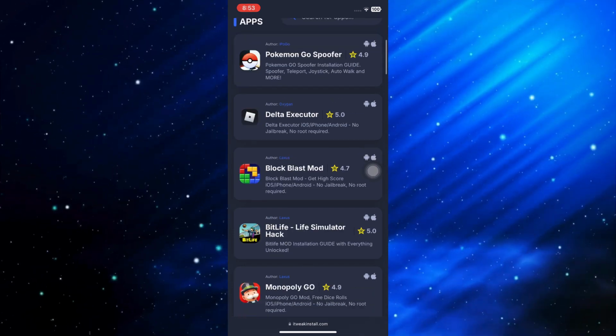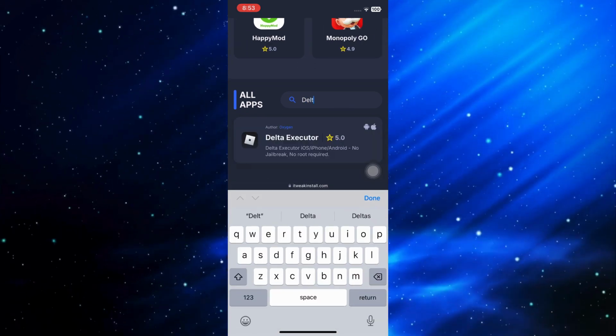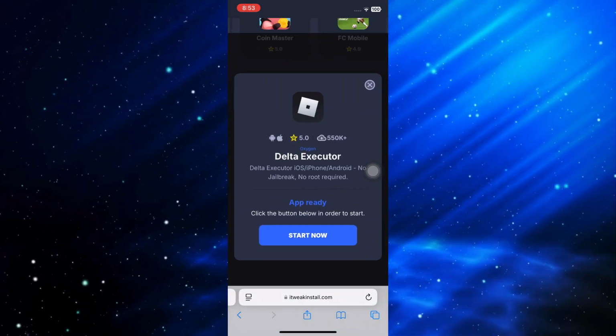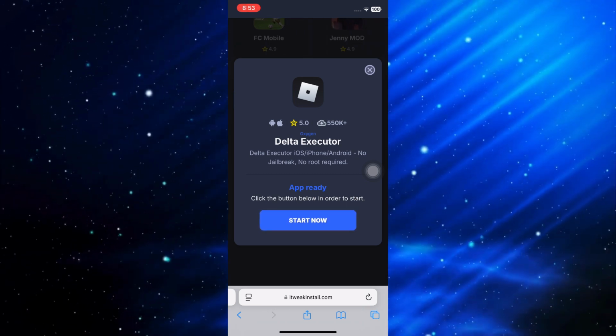If you cannot go ahead and see it right here, you can just go ahead and search on it and you will go ahead and see it show up. So just click on it, click on Start Now, and you will be able to get the Delta Executor for